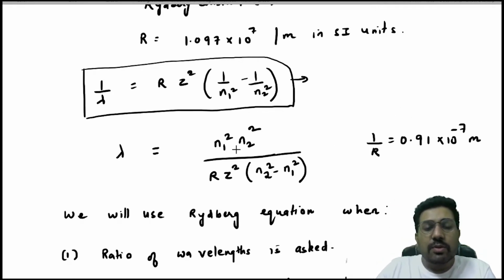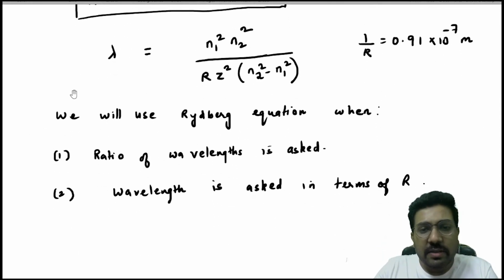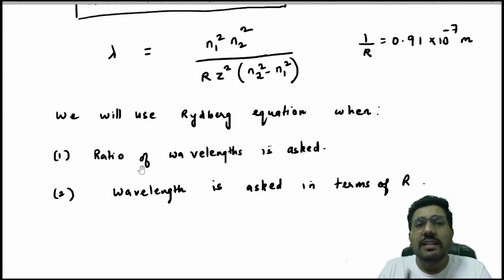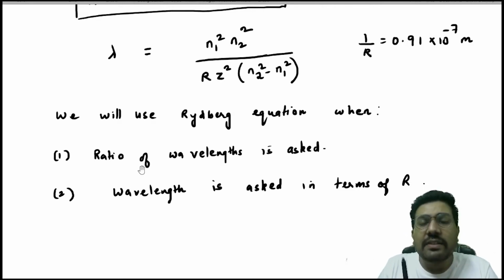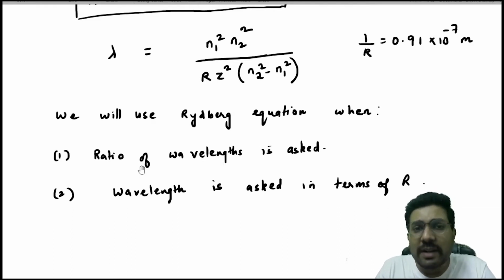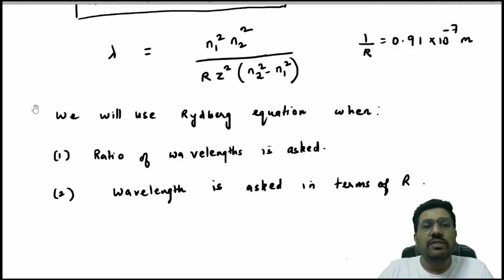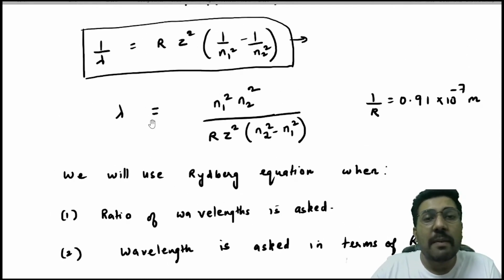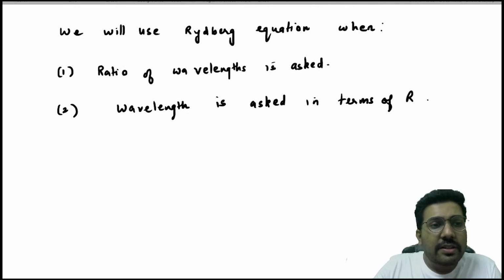Okay, so we will use the Rydberg equation when, first, the ratio of wavelengths is asked, that we have already discussed. Second, sometimes they will give you options and say find the wavelength, and they will give the options in terms of the Rydberg constant. Obviously, if the answer is given in terms of the Rydberg constant, then you will have to use this relation and you cannot use the remembered formulas. Okay, third,